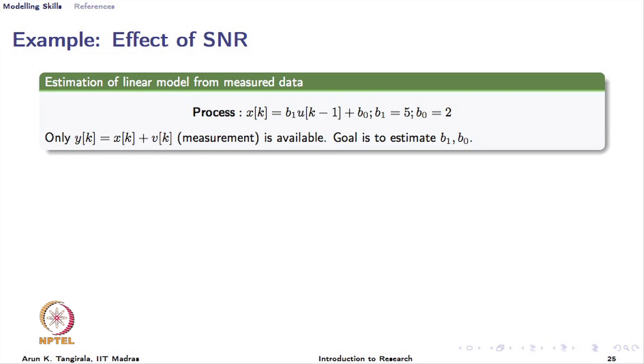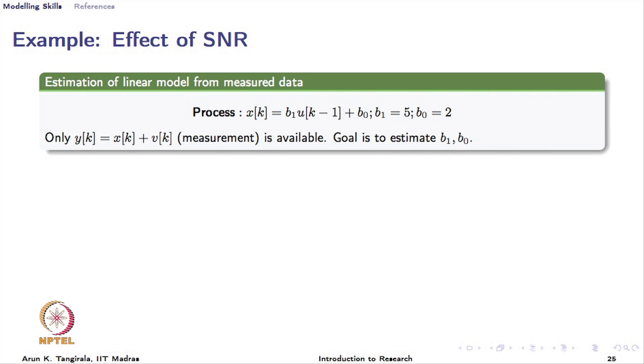I have access only to the measurement, which is Y. The way I am simulating is I generate X first, the true response, and then I add some random noise to X to generate my measurement. Now, I pretend that I do not really have access to X, I only have access to Y and U, and that I know the underlying relationship between X and U is this. So, when I fit a model between Y and U